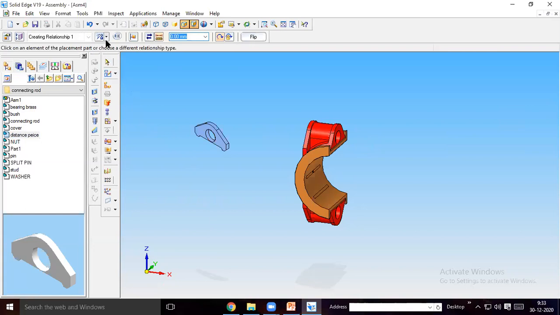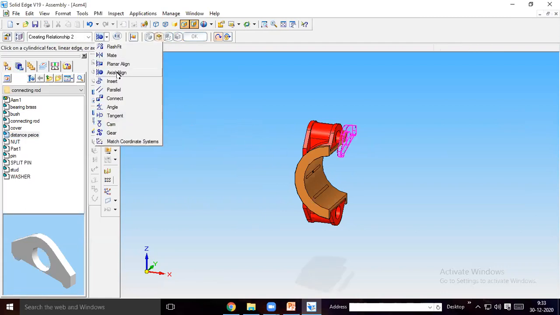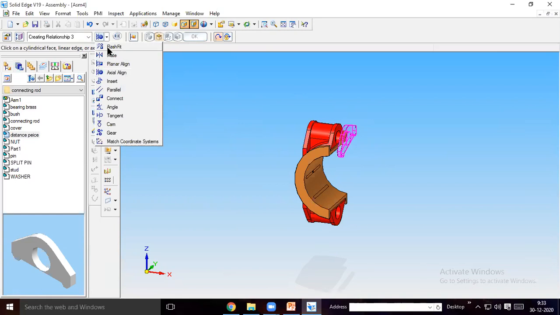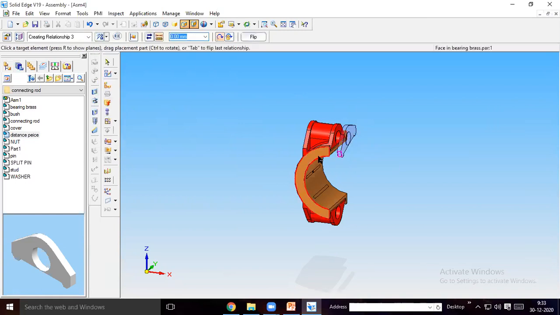So give the axial alignment, two axial alignments are required: axial alignment of this with this and axial alignment again with this with this. Okay, so two axial alignments are given and again flush fit of this small surface with this.